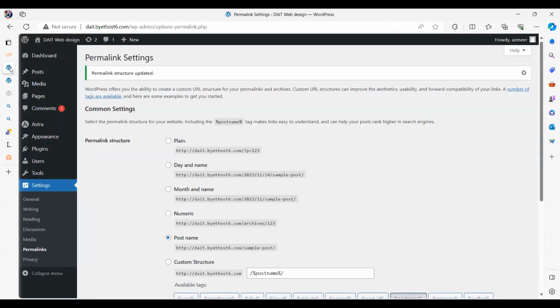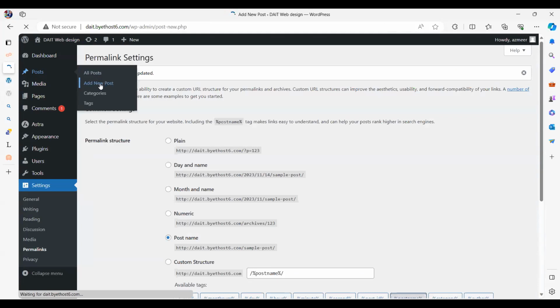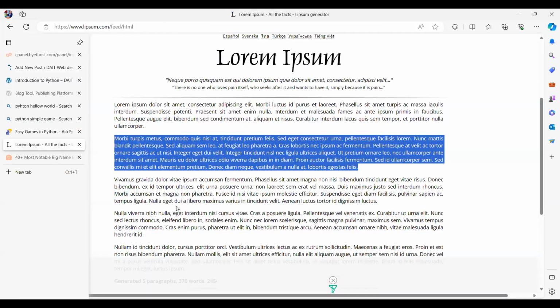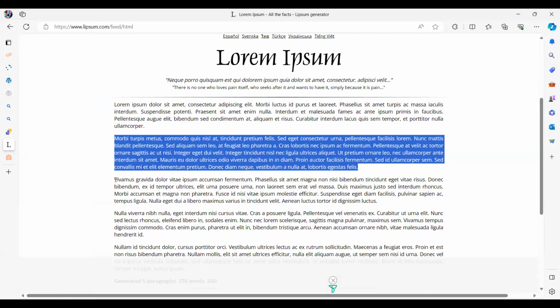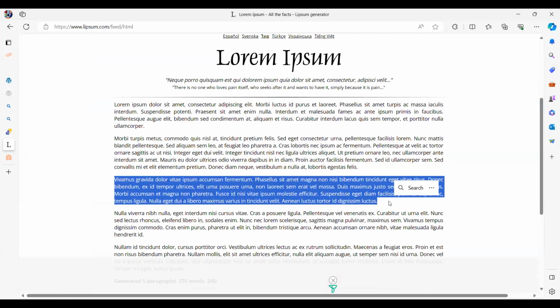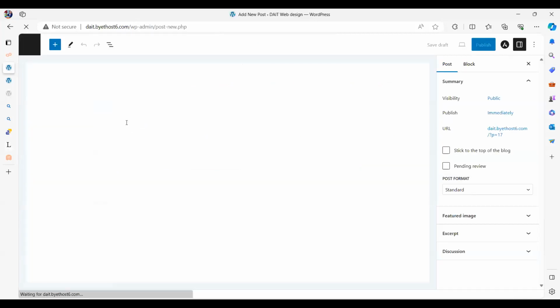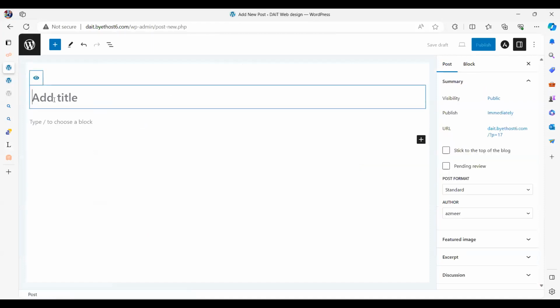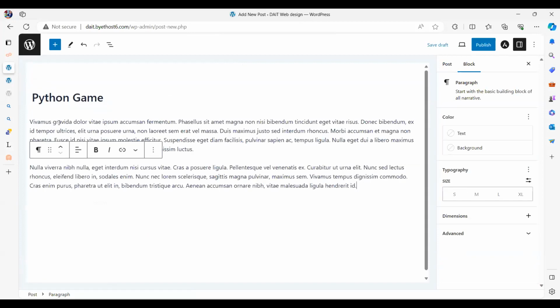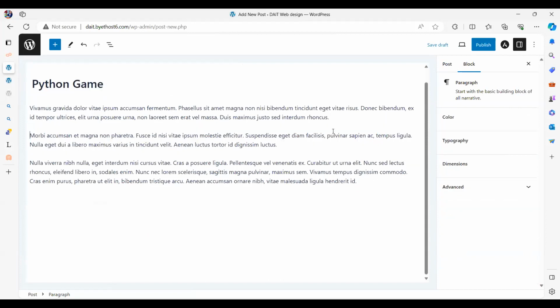Let's go back and add another article. So I'm going to go to post, add new post. This time also I need some stuff like this. I'm gonna go here. Okay, add title. Okay, I can also break this into some other paras.